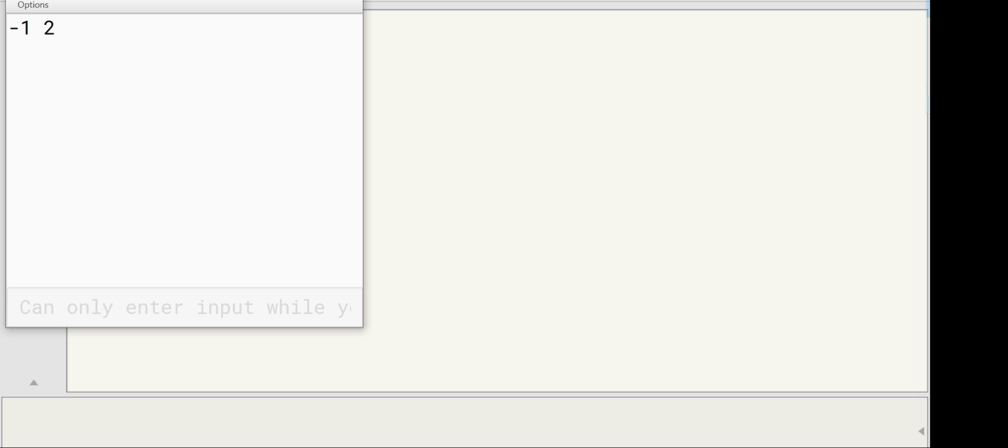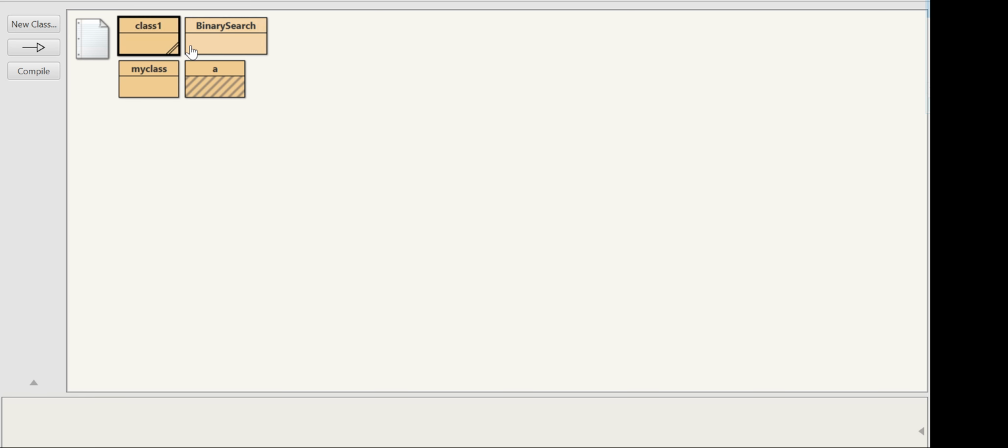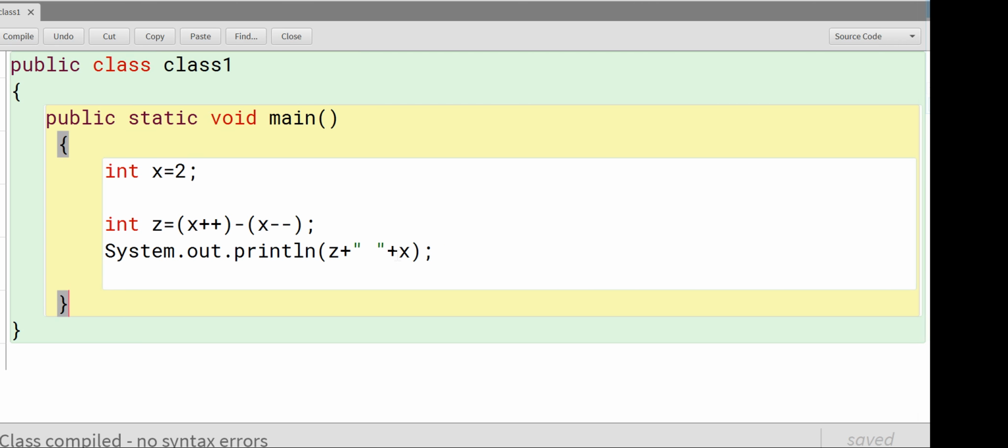It means if we use the prefix form and the postfix form, the result will be changed. So make variations in the expression, and you will be able to understand how this operator works and how you will get the desired output. Practice this kind of program and expression, because in your exams you will get this kind of expression, and you have to display the answer in the form of output.